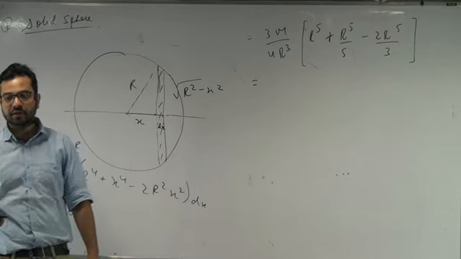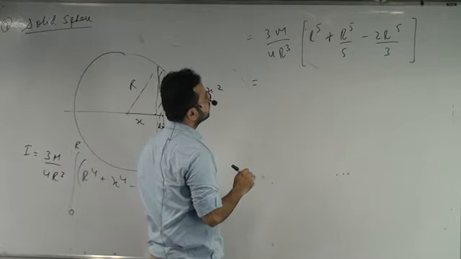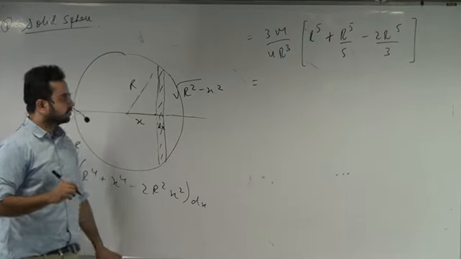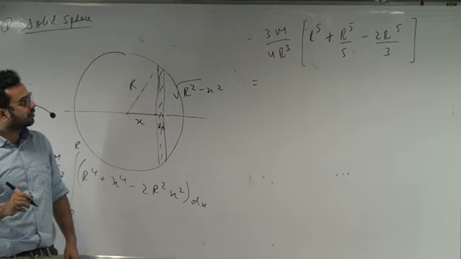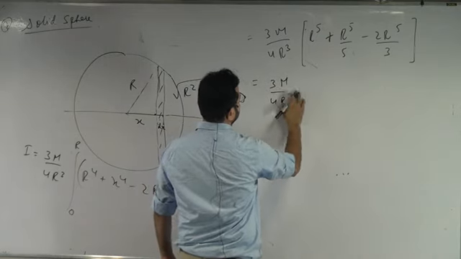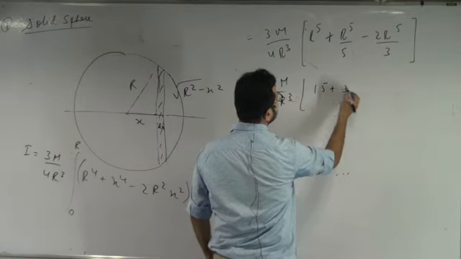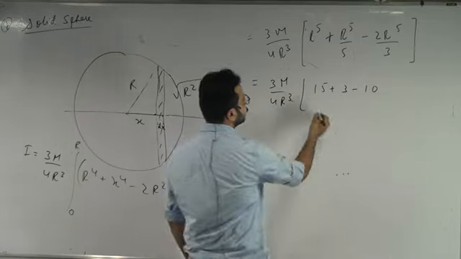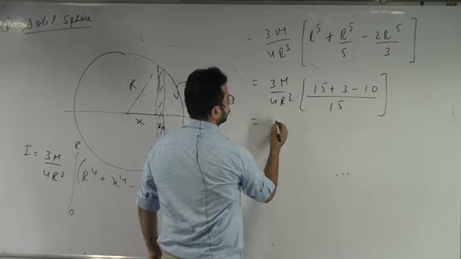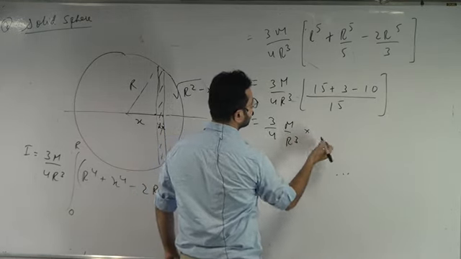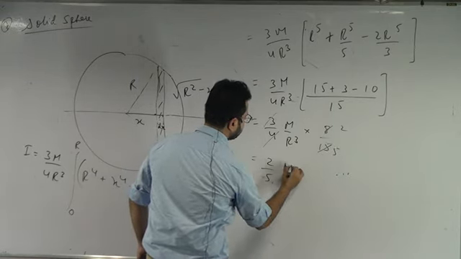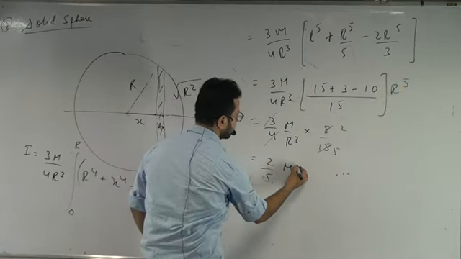रिड्यूस होके 3mr²/5। 3 और 2 आना चाहिए, 2 आना चाहिए, मतलब कहीं हम लोग कैलकुलेशन मिस्टेक किए, होना तो चाहिए। लेट्स सी यार, मेरे से मत कैलकुलेट कराओ यार। ओह, so this would be 15 plus 3 minus 10, है ना, 15 plus 3 minus 10 divided by 15, तो कितना आ जाता है, 5 plus 3 8, तो दिस इज 3/4 m/r³, और ऊपर में क्या है मेरे पास 8 है, नीचे में 15 है, तो ये गया एंड देन ये गया, सो दिस कम्स आउट टू बी 2/5, और r⁵ है, सो ये कैंसिल होके दिस विल गिव यू,